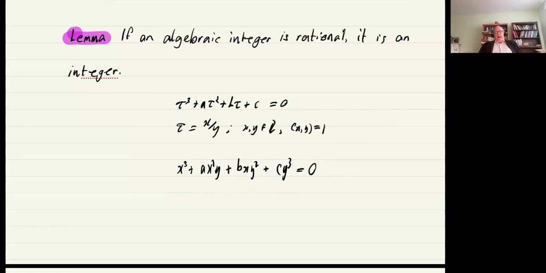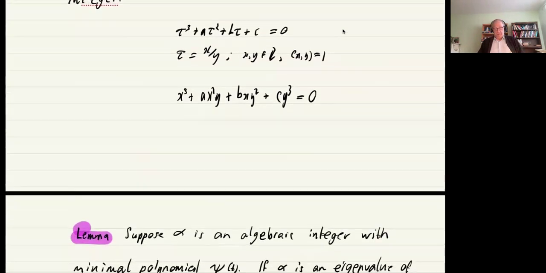Okay, and I should reiterate that this is actually an important result, which gets a lot of use. If you have an algebraic number and it's rational, then it's an integer. Okay, so we'll be using that. And so it's a straightforward piece of number theory, but